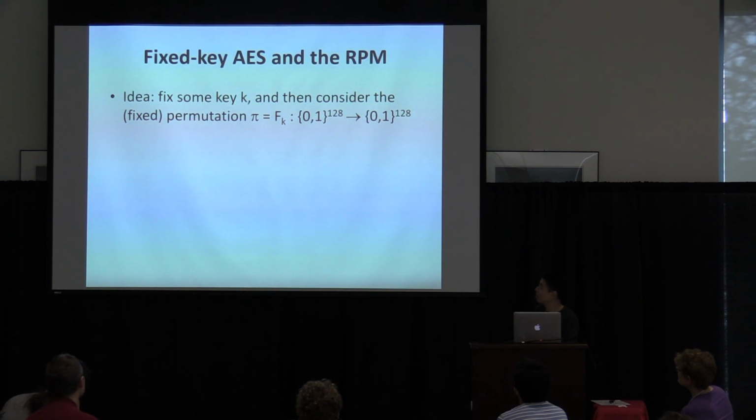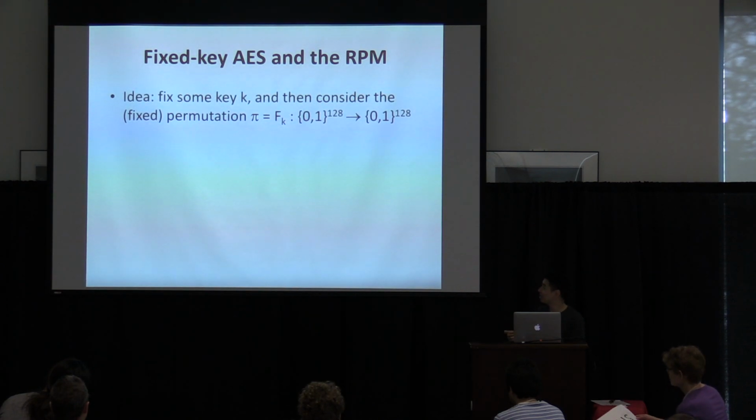This random permutation model stems from efficiency considerations. If we have AES, one way to model AES is as an ideal cipher. But that's a pretty strong assumption, and it also has some kind of